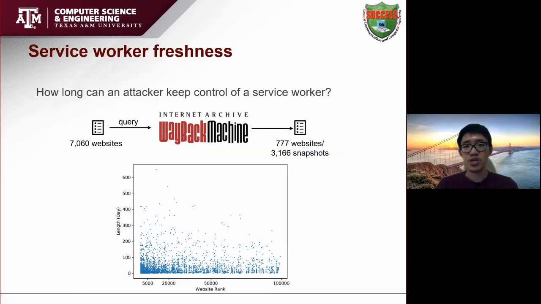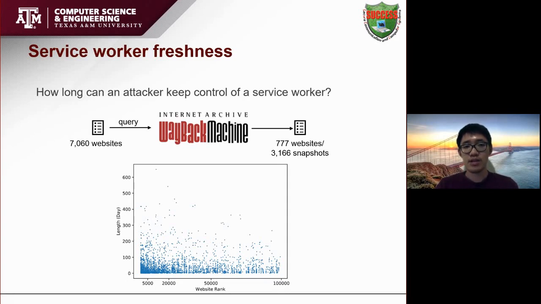While our previous evaluation shows that an attacker can hijack a service worker, one question still remains: how long can an attacker keep control of a service worker? To this end, we noticed that a service worker will get replaced automatically once its file is changed. We use the Wayback Machine, which archives website snapshots, and download snapshots of websites with a service worker. Because the Wayback Machine does not have a complete list of websites, we only managed to download 777 websites